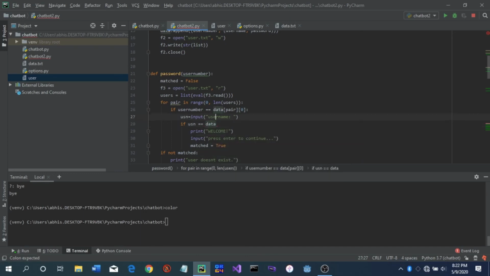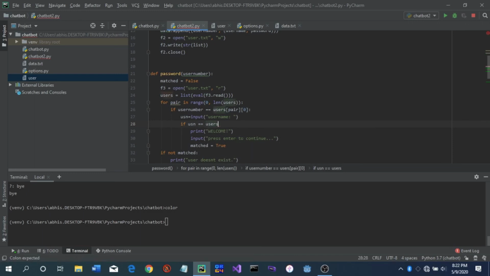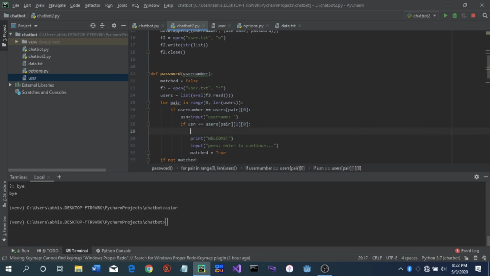We don't need data, right? We need users. If it's equal to user, what do I do? Users pair, username we stored in the second tuple first thing. So then we have to ask for another input, which is user password as